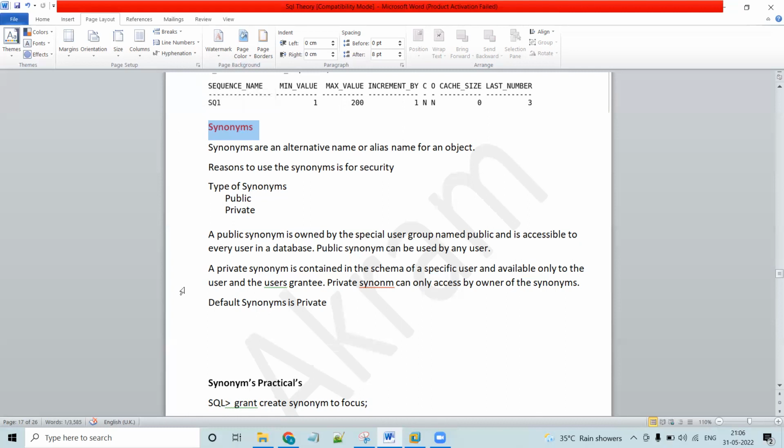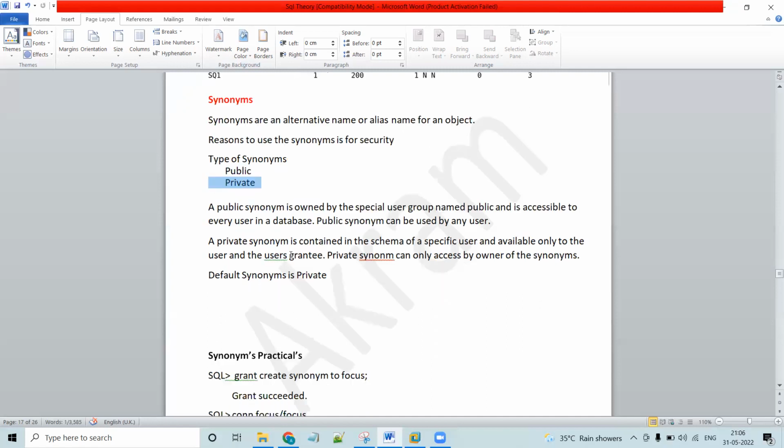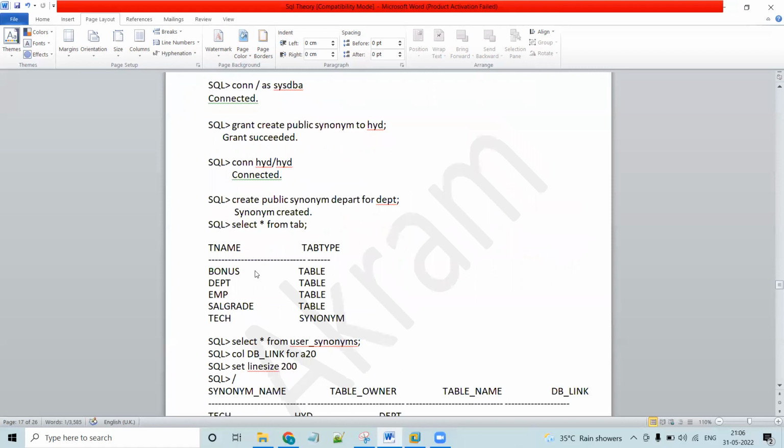Within synonyms we have two types: one is public and another is private. It's very easy, I will show you. So apart from that,